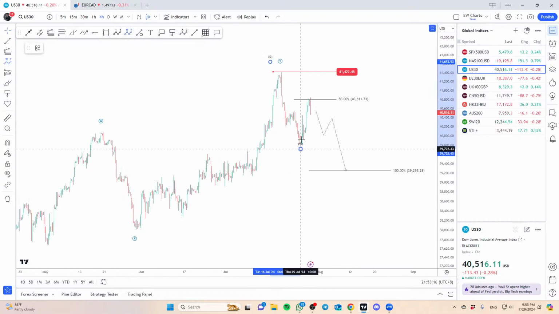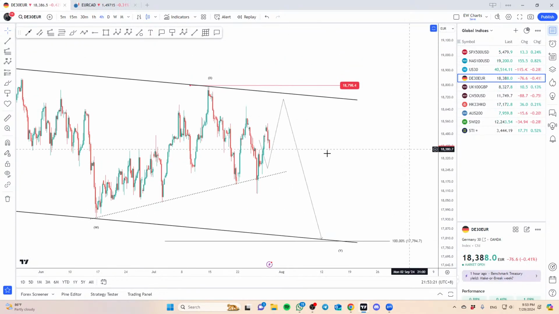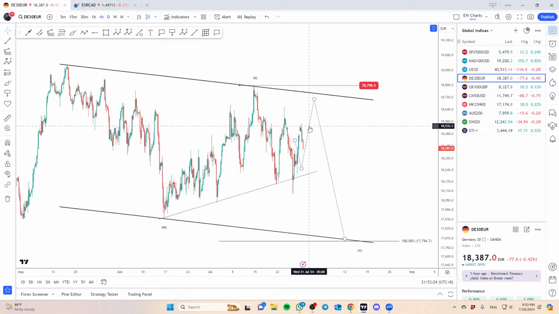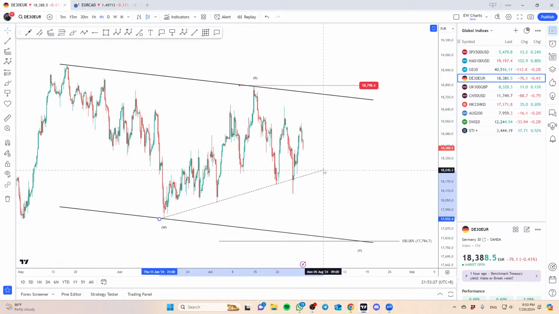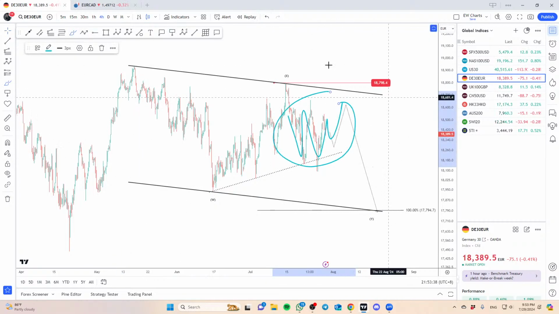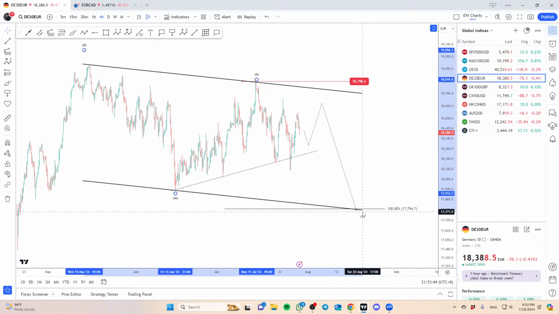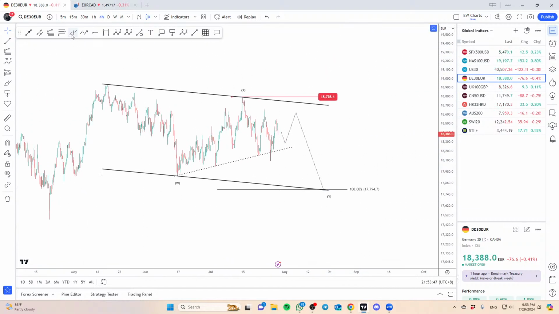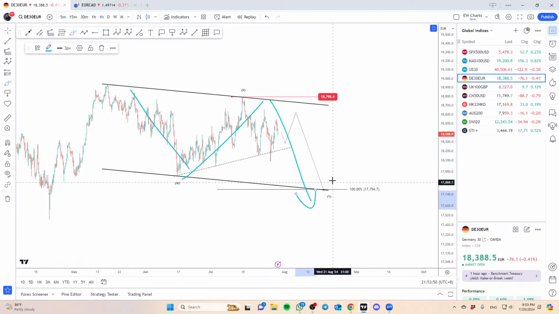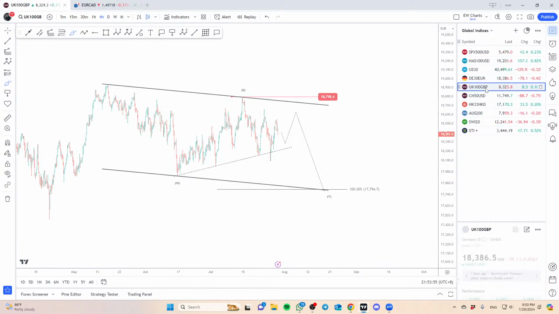Just a simple 3-wave development that looks something like that. Right now, that's the take, right? German DAX, still not the cleanest thing of all. I think right now the market is probably one more move to the downside again, but this here can really chop quite a bit, right? You can see over here. So this development might take longer than we can anticipate, but I think overall direction right now from a bigger scheme of things, zoom out, we are looking at this as a possibility of one more drop. Okay, so that's on German DAX. If you ask me, I'm probably not going to be focusing too much on this.